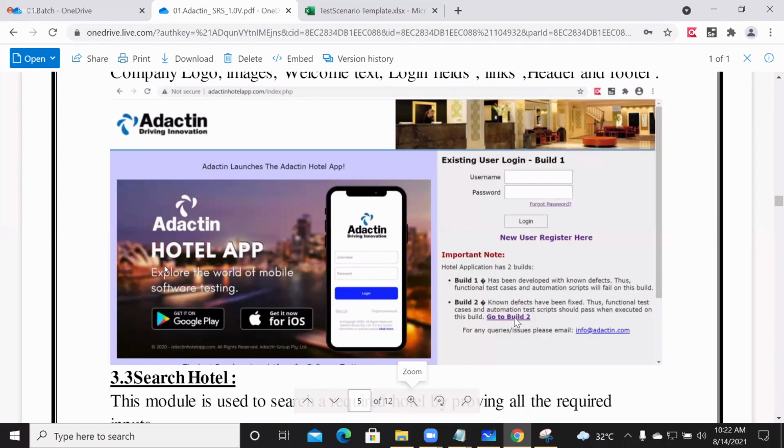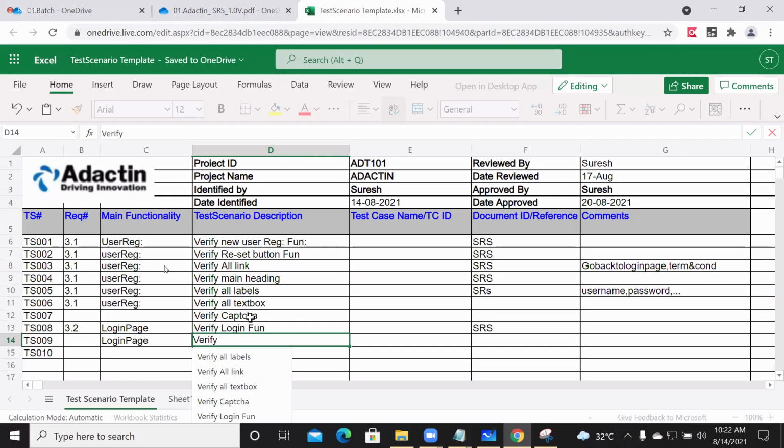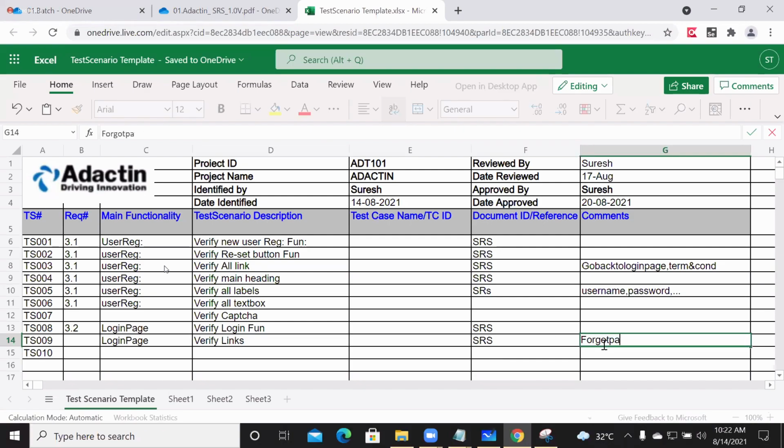Go to build, one more link. info@adactin.com. All these are links. Verify links. What are the links? You have to mention them here, all the links.